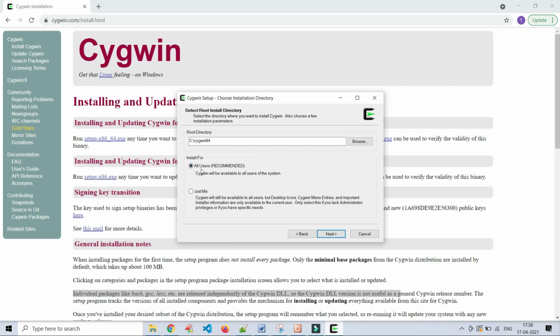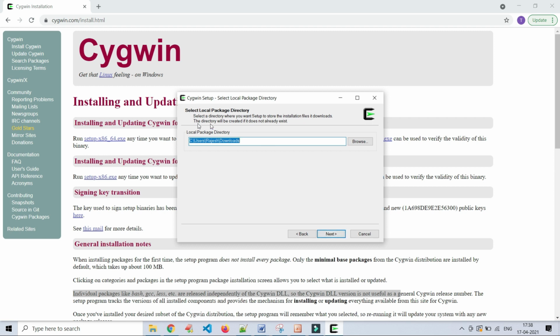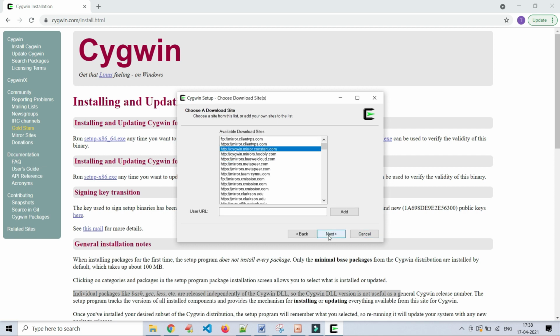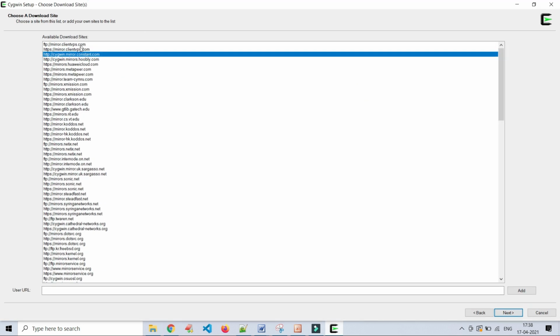Recommended is all users, so just go with the recommended option. Click on next. You can choose whichever folder you want to install the Cygwin application in. After that, click on next and use system proxy settings. Downloading.